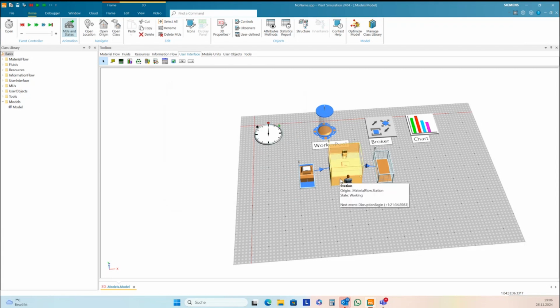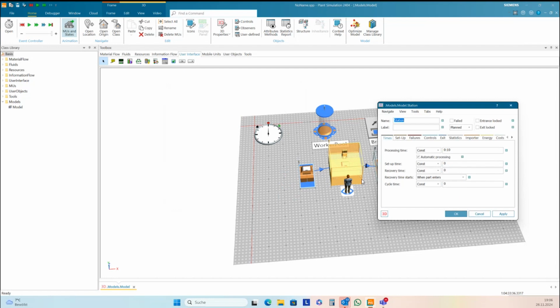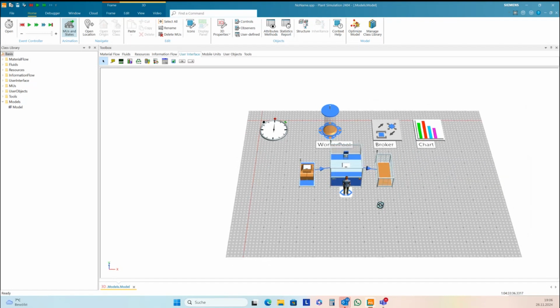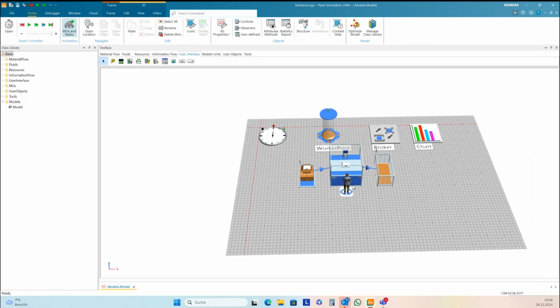This is important if you have only one worker and the worker has to do all these steps. But we can use this setting for the worker also for modeling some random effects on the worker. And today I want to make together with you one model to consider, for instance, toilet times for the worker in the simulation.